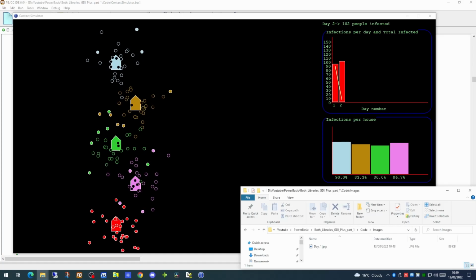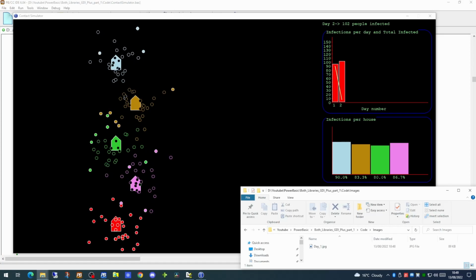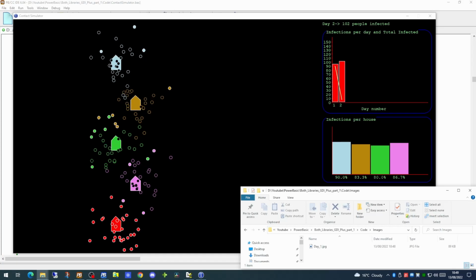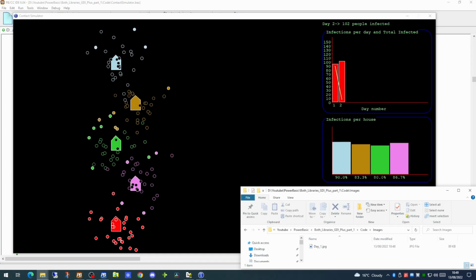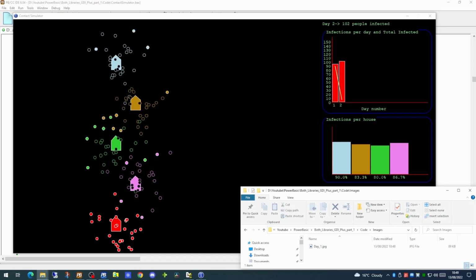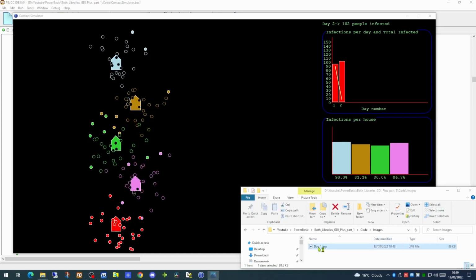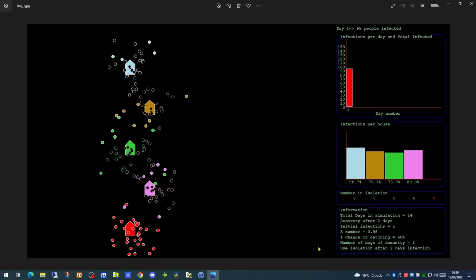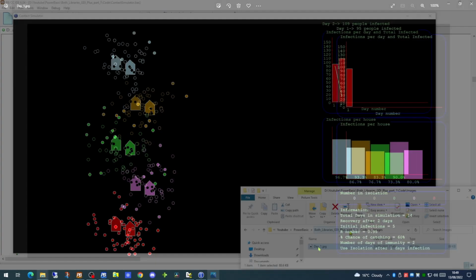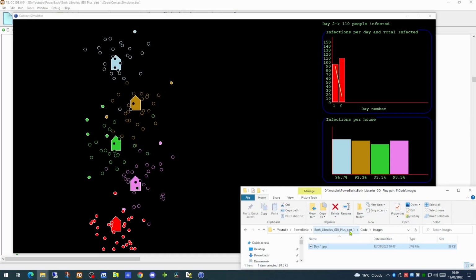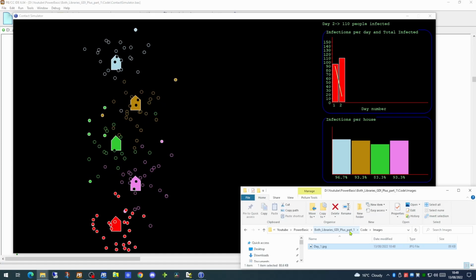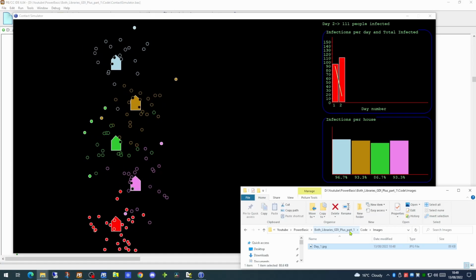Note that what's being saved here is not a dump of what's on screen. It's a dump of the information held within the graphics control itself. If we open up our JPEG, we will see this contains the image at the end of day 1. And the application will go on, and at the end of each day it will save the next file.